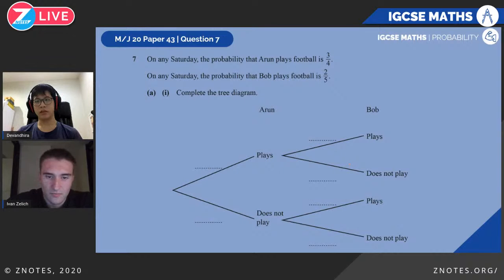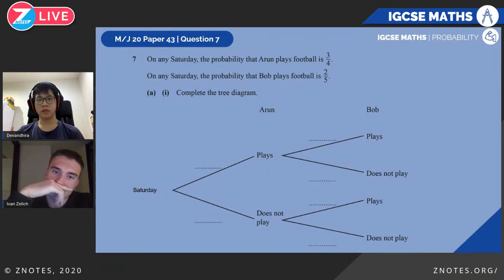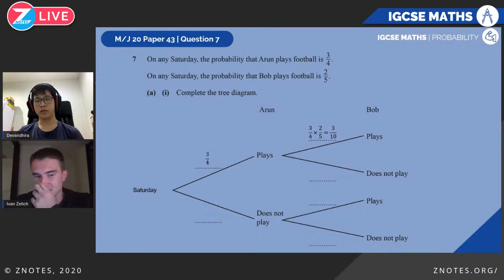So first on that side, we have Saturday. So on Saturday, the probability that Arun plays football is 3/4, and the probability that he does not is going to be 1 minus that, which is 1 minus 3/4, which is 1/4. So Arun plays football, and then the probability that Arun and Bob play football is going to be 3/4 times 2/5, which is 3/10. And the probability that Arun plays but Bob does not is going to be 3/4 times 3/5, 1 minus 2/5,